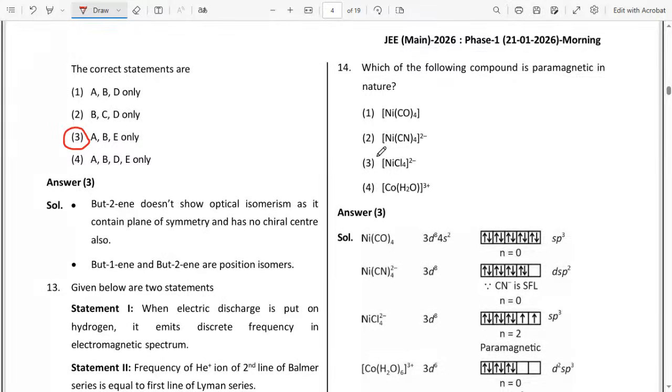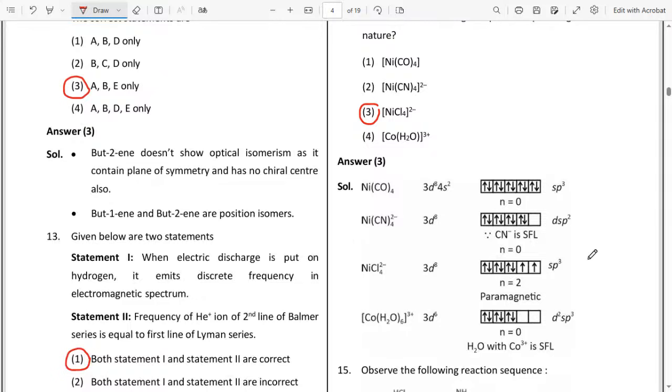Yes, so let us take this option 3, nickel tetrachloride 2 minus. So how are the electrons? Yes, here see, 2 electrons are vacant. So option 3, 3d6, it is nickel tetrachloride 2 minus, it is 3d8, but what is this? It is sp3. So option 3 is correct option, students. Next,